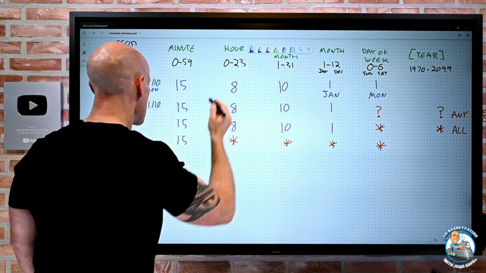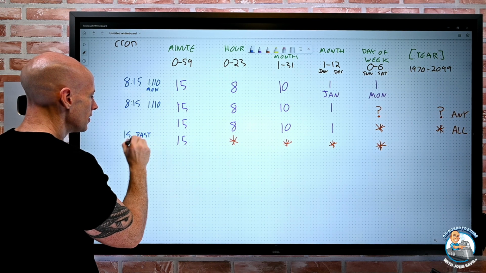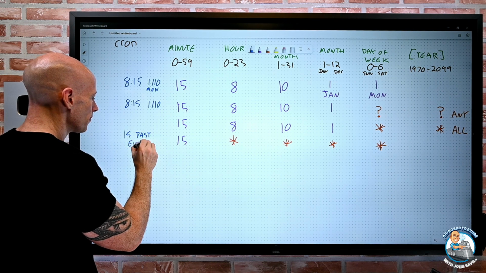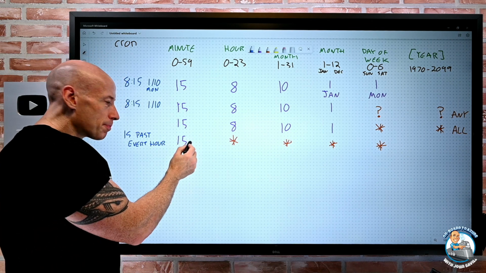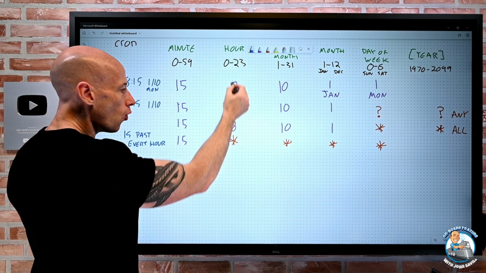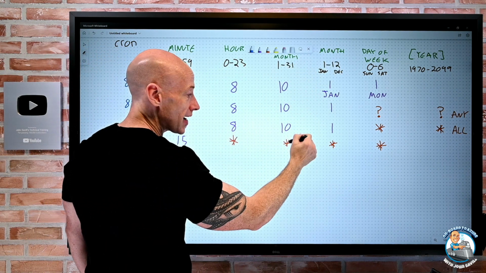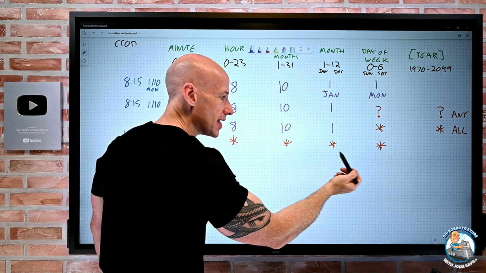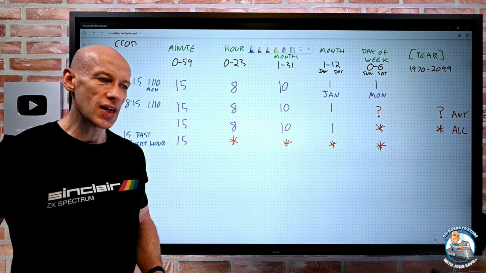What this is saying is 15 past every hour. So this is an absolute unit. It's the minute. If the minute is 15 for all hours, for all months, all days of the month, all months, all days of the week, hey, at 15 minutes past the hour, do this thing,